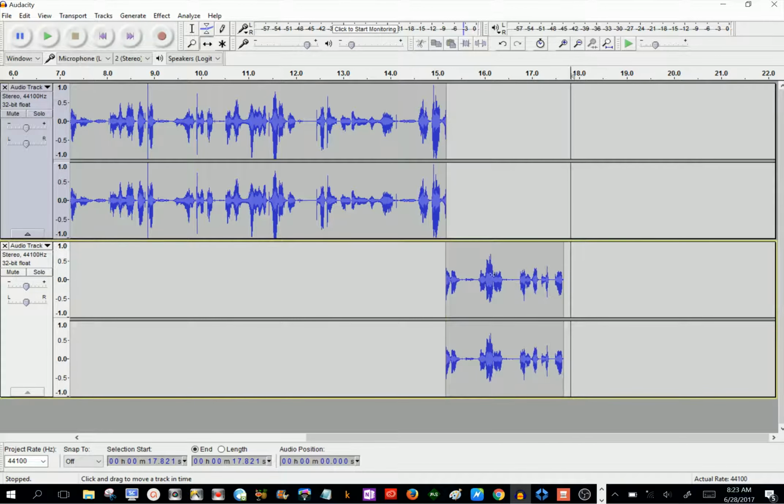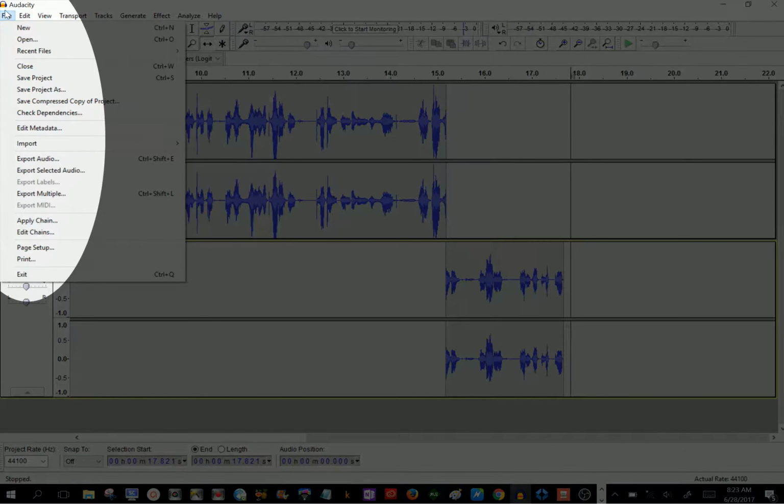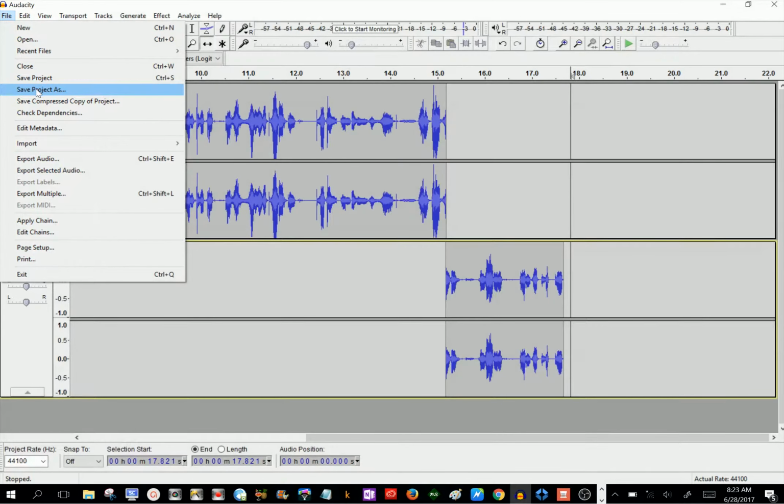When it had popped up on top, I left clicked, held down the left click button, and dragged up, and it merged the two together up here. Now, when you get finished with your recording, if you go to File, Save Project As, you can save this